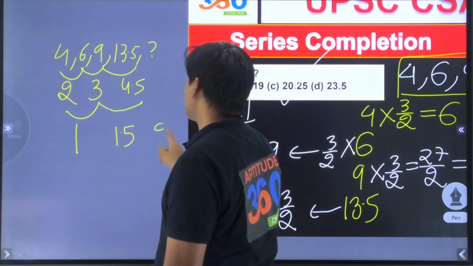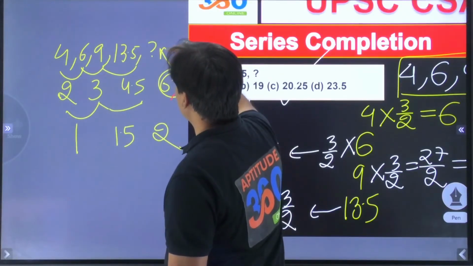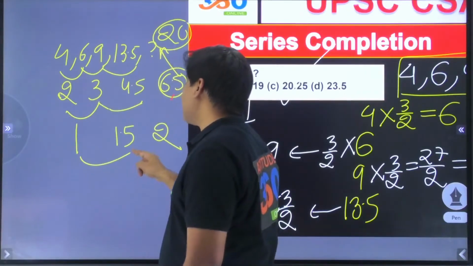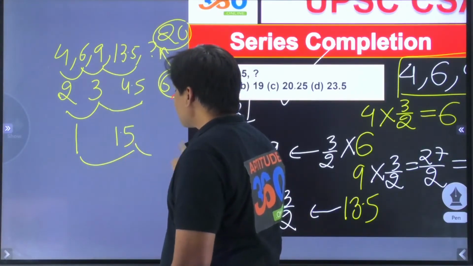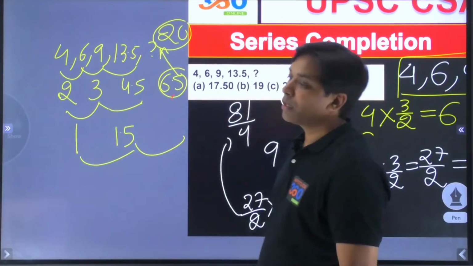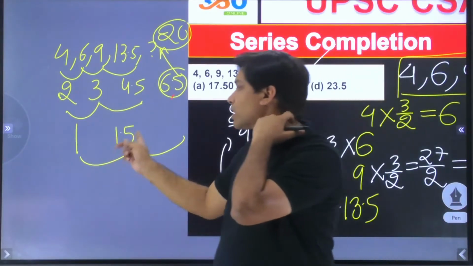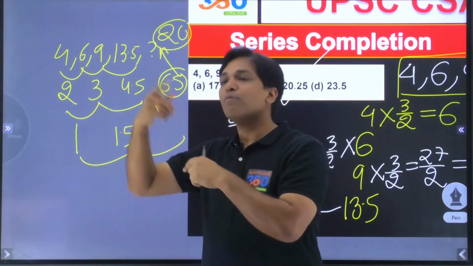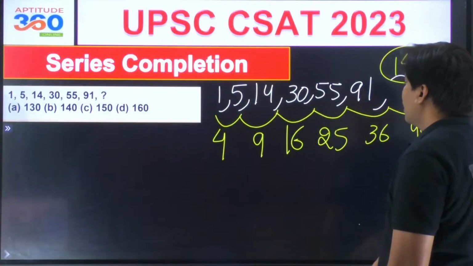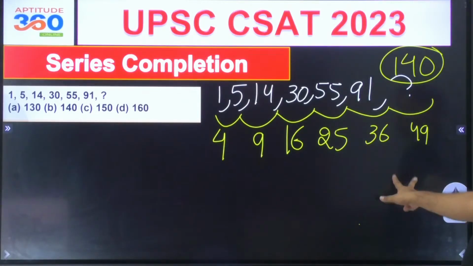1, 1.5. So if you say 2, so this will have to be 6.5, and if this will have to be 6.5, I agree with you now that your answer should be 20. But I am saying there are only 2 terms there. On the basis of 2 terms, how did you think about the third? You needed to at least have 2 terms, isn't it? Vishal, are you getting the fallacy in the argument? Brother, there are only 2, after that how can we find the third? If there were 3, then we could have said something, isn't it? I hope everybody has understood this problem.